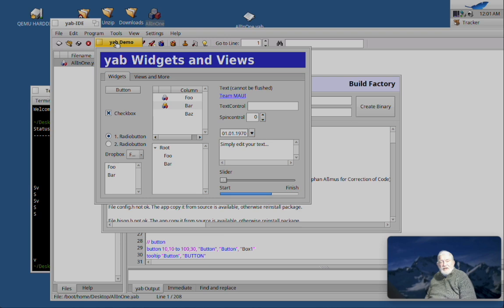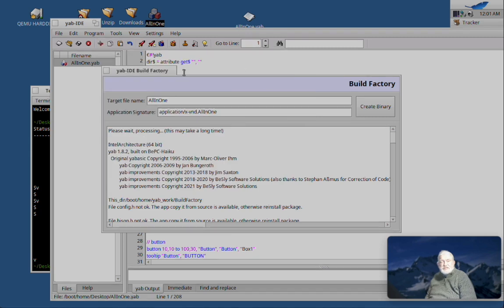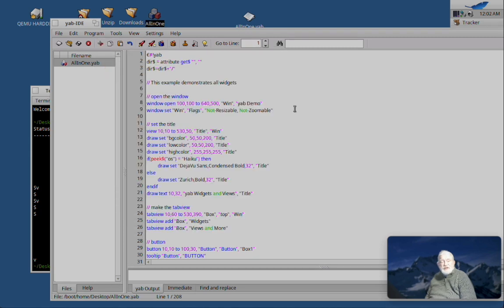Well, of course it overwrote the other one, but if we still had that one, you would see that this is a much smaller executable. So that's the major advantage now. You can still build a Yab program from the command line. I don't think you can run it from the build factory from the command line. You have to go through the IDE. So yeah,